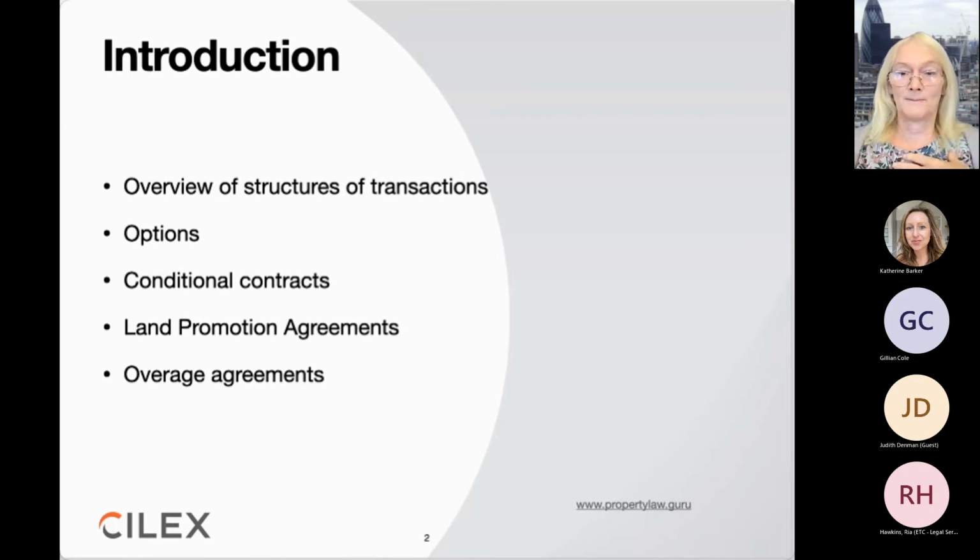If it's a call option, I'm the builder. You say, I'm going to give you an option to buy my land if these things happen in 2 years' time or something of that nature. If there was a put option in place, you would say to me, the builder, I am going to agree that you will buy my land whenever I want you to. And that's why I can put the land to you, but they're very, very rare in practice. So normally a call option is what people mean when they talk about an option agreement.